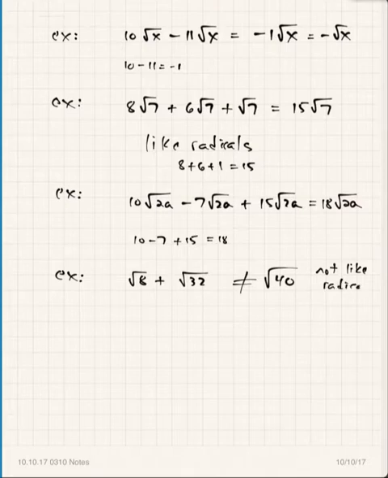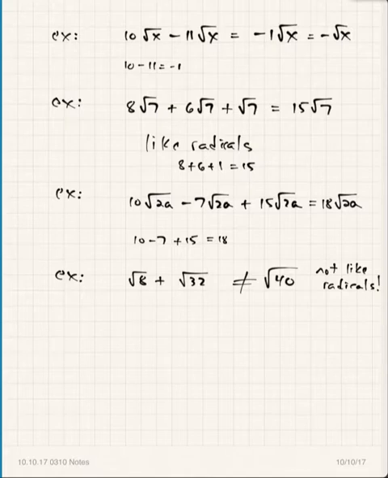You can only add together like radicals. So square root of 8 and square root of 32 are not like radicals. I cannot add them. Now, does that mean that this problem is already simplified? Or is this number already simplified? Well, we don't know that yet because the square root of 8 and square root of 32 both simplify themselves